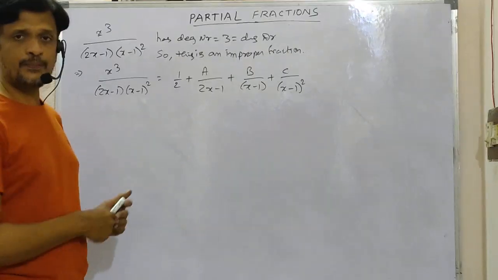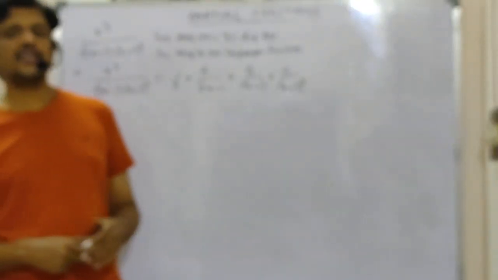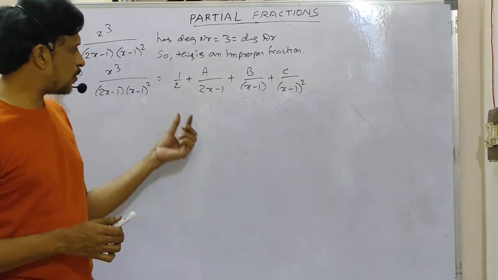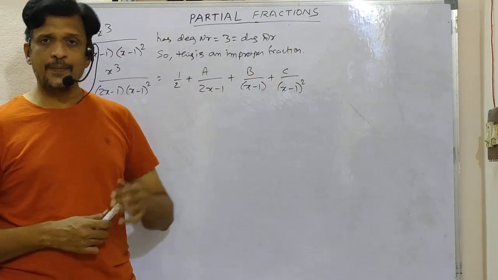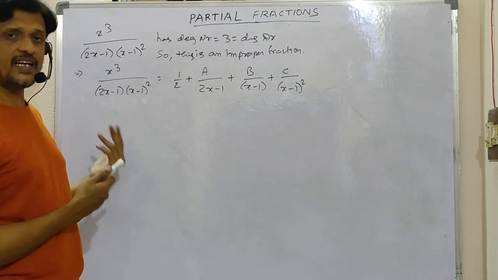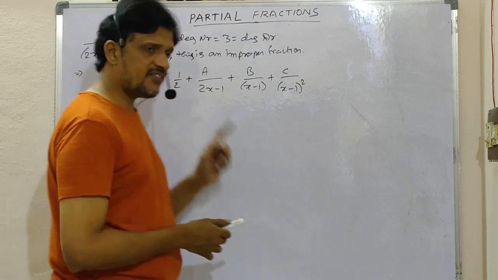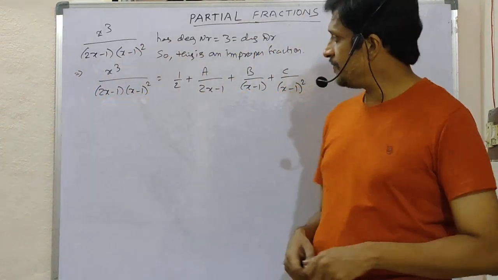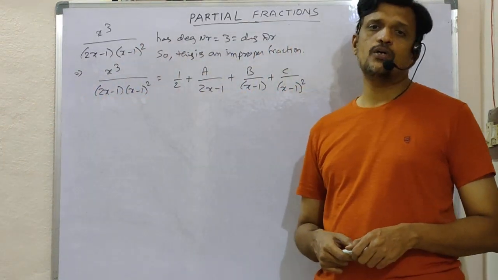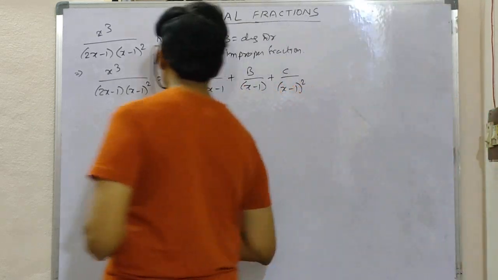Means when the fraction is improper, if the degree of the numerator is greater than the degree of the denominator, then apply division. You will get the quotient plus remainder by the divisor. Here, instead of writing the division, you can write the quotient. Quotient of x cube in the numerator by quotient of x cube in the denominator. Here we are getting x cube by 2x cube. So that will be 1 by 2. So write the remainder. Now take the LCM